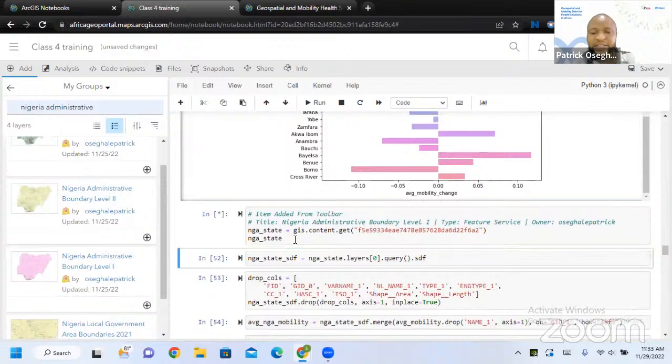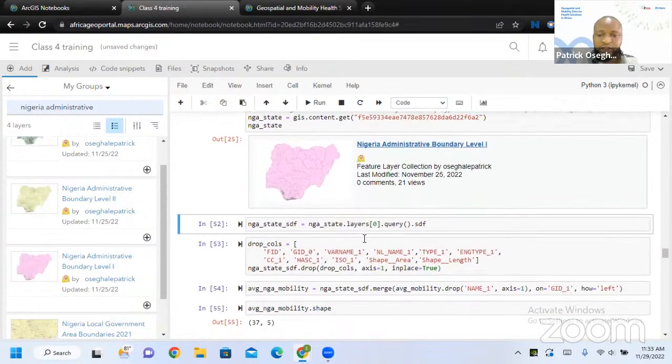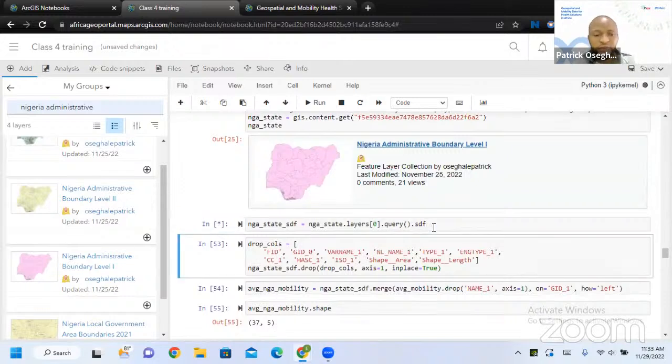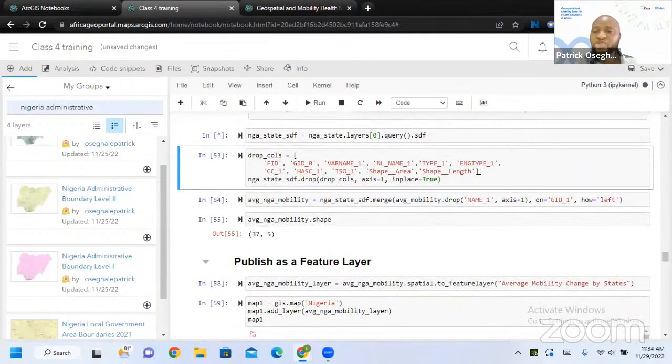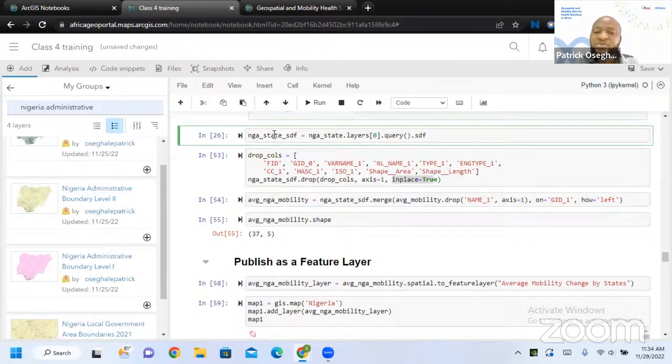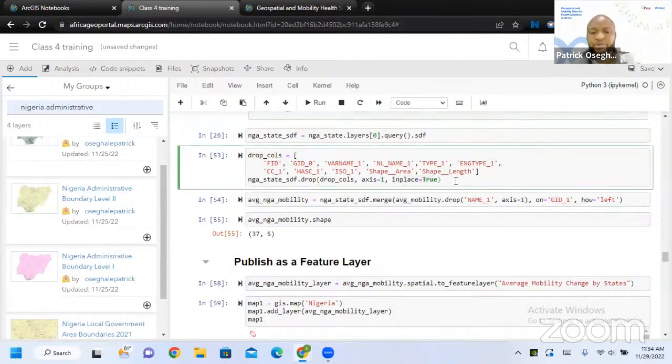As I've explained before, I want to pick out the layer and turn it to a data frame, a special data frame, which I just have to do. I've explained this, and I also want to drop some columns. I won't be needing these columns because they're not useful to me now. I'll just drop them and I'll use inplace equals True. If I don't add this, the dropping will throw an error. This is telling me that you drop them column-wise, and inplace means replace the same variable I've started with. So I'm not creating a new variable again.